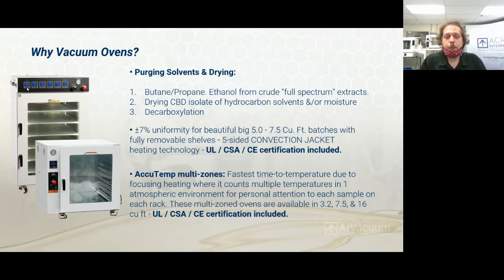This allows you to operate under a much lower power consumption and amperage pull because you're heating a lot less surface area in the vacuum oven by only heating the racks versus heating from the walls and then heating from the racks, because in the vacuum you can't take advantage of convection and gas in order to transfer the temperature throughout the chamber. And so this is a disadvantage of vacuum ovens,